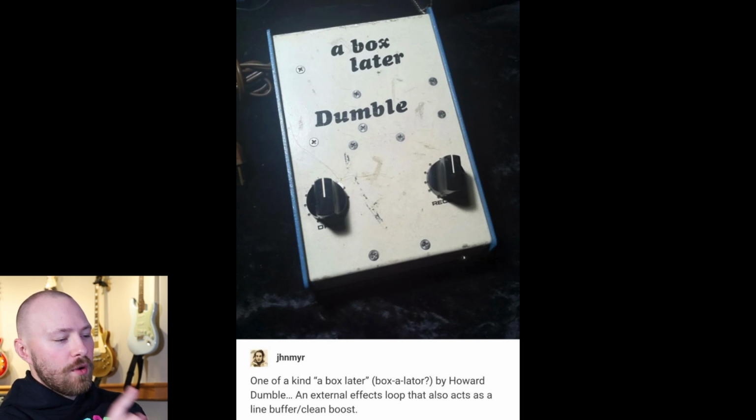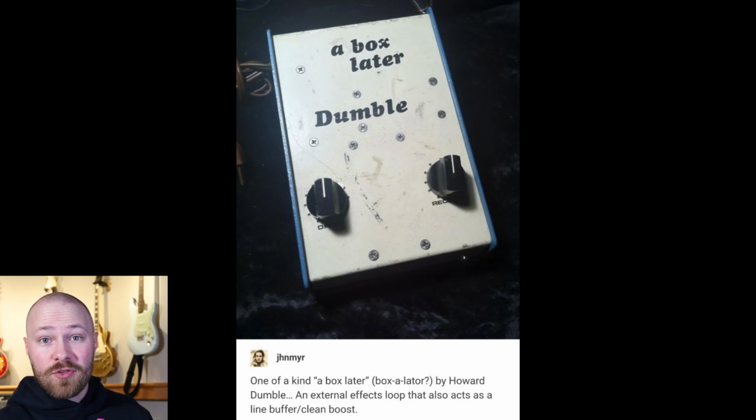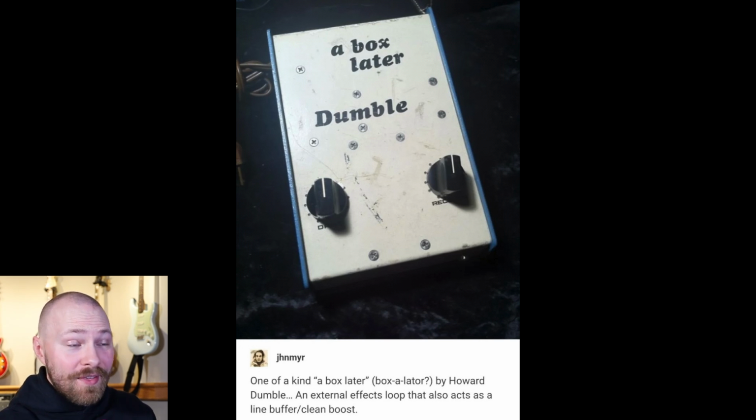Now, there's one thing with the quote from John. I don't want you guys to take literally that when he says it's one of a kind, that there's actually only one of these pedals out there. I know from very reliable sources that Howard Alexander Dumble made a few pedals. I'm not sure exactly how many are out there, probably a handful or less, but